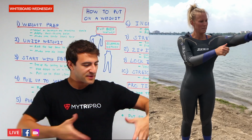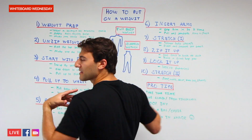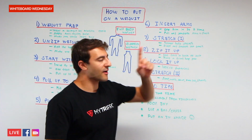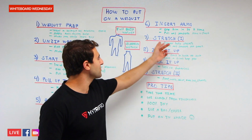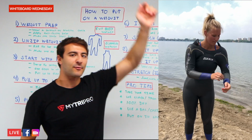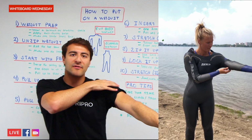So once you have the wetsuit over your body and the zipper is remaining unzipped, this is what I call stretch part 1. There's 2 stretches. This is stretch part 1. Once the arms are in, you're gonna stretch out, you're gonna lift your arms up, you're gonna reach for the sky on both sides, and you're gonna continue to pull up more fabric